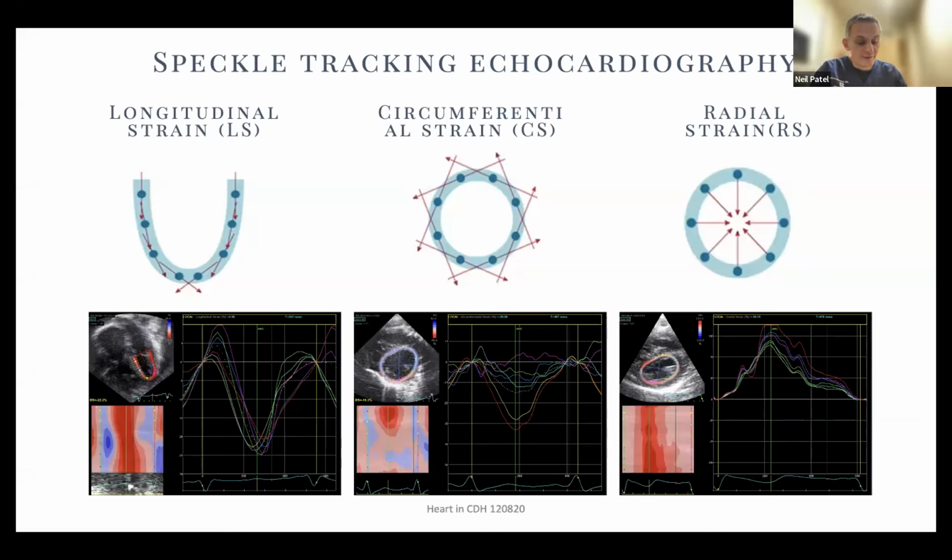And we interpret the movement of those speckles as displacement or strain. That's what strain is. So in systole, if two speckles get closer together, then that's a negative strain, a shortening of their separation or displacement. And if they get further apart, that's a positive strain or positive displacement. And we interpret that as a proxy measure of the relative movement or change in dimension, rather, of the myocardial